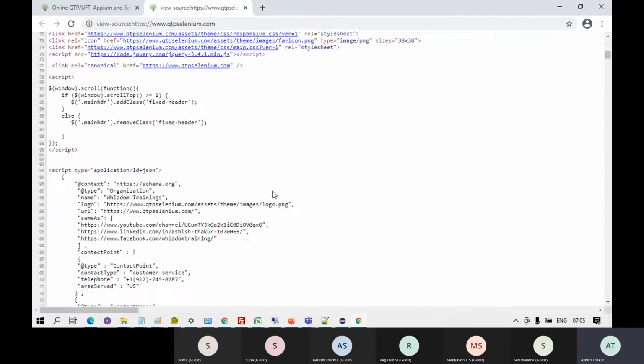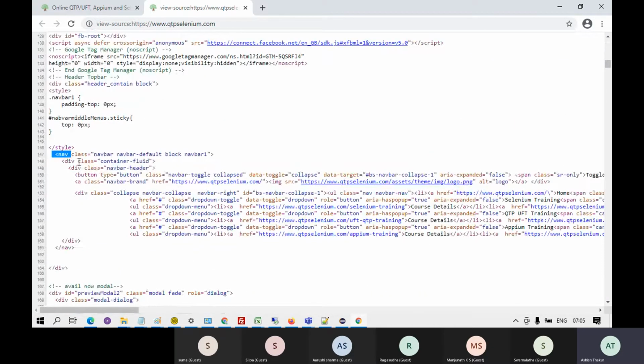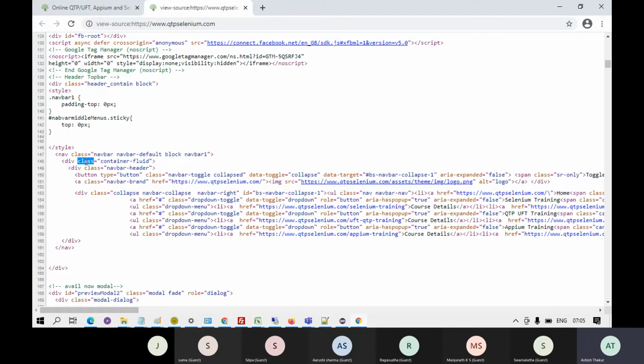This is the HTML page source. It's got some tags, and this is known as the tag. Div is a tag. Whatever starts with an angle bracket is a tag. With the tag, there are attributes, like this tag has got one attribute, class. There can be a tag which has got no attributes as well. So a tag can have zero or many attributes, and with the help of these tags and attributes, we identify the elements.